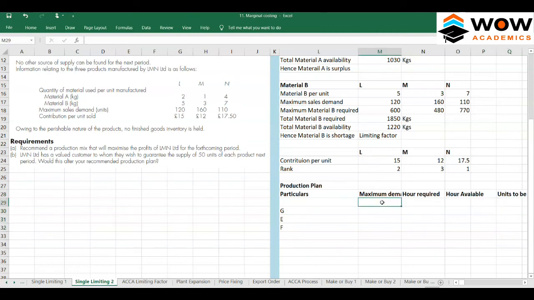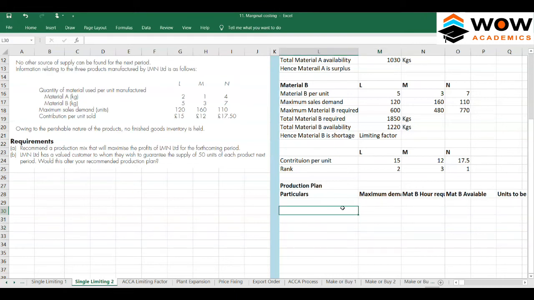Okay, so we'll put it as material A required, then sorry, material B required, and material, okay, done. So material B required and available. Okay, so two things we have here. So first we'll see what's the maximum demand. Maximum demand is going to be in terms of,